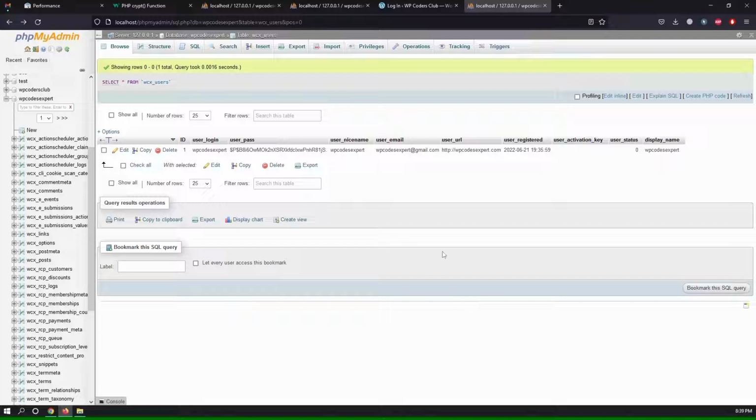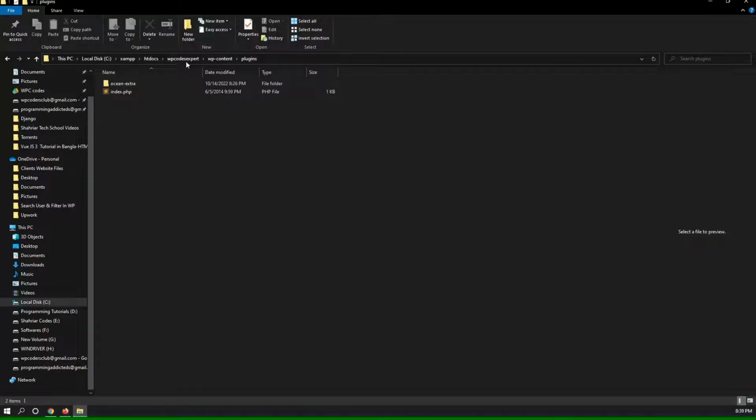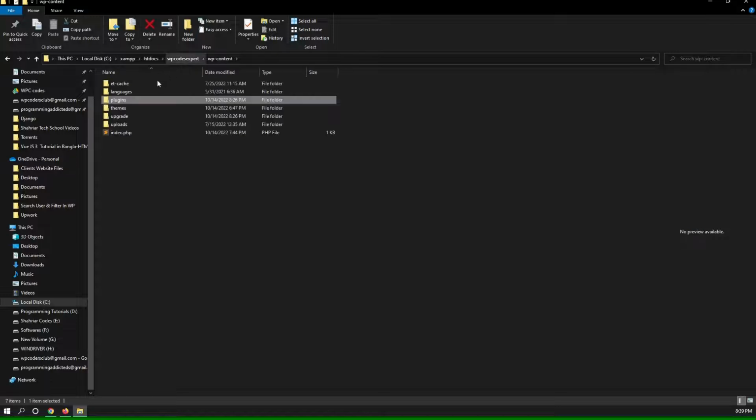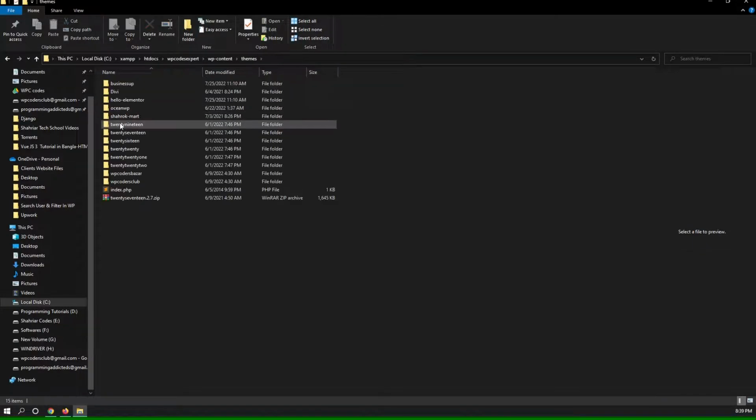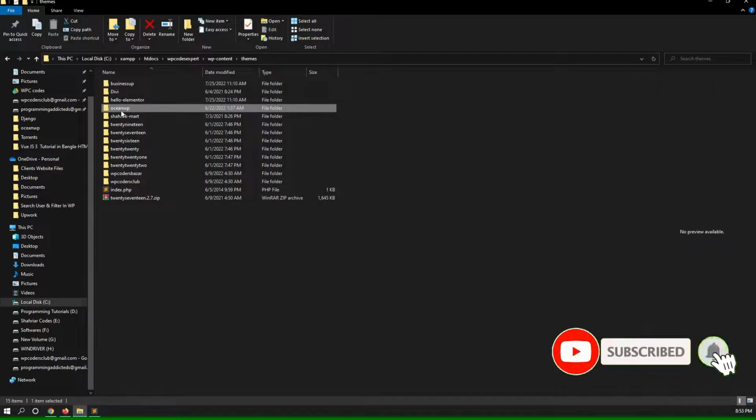So first of all, if you are on a live server, then go to your website, inside wp-content, and find the activated theme on your website. Let me show you an example. As you can see, my website currently has many themes, but only one theme is active, and the theme is OceanWP. So currently I'm using OceanWP on my website. So I'm going to open this theme folder,